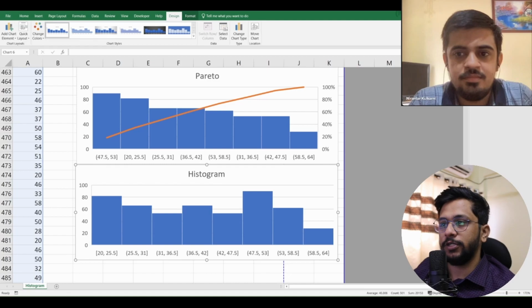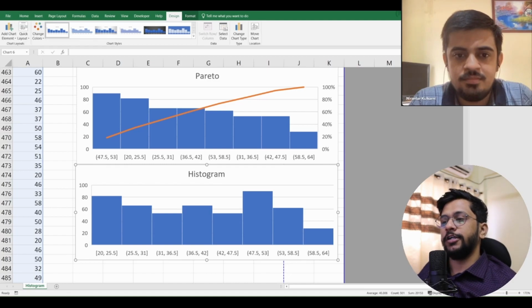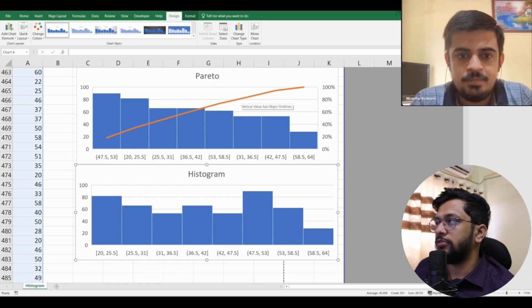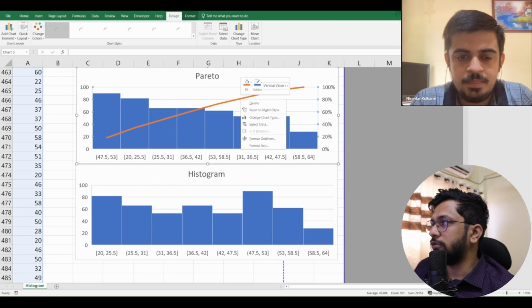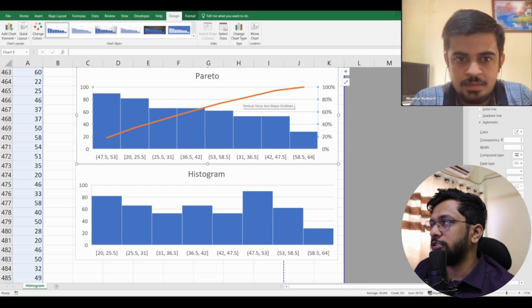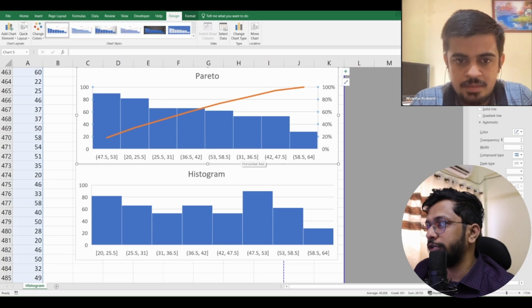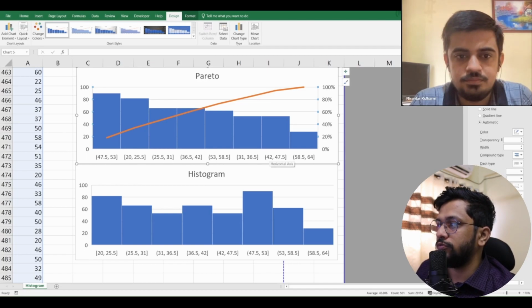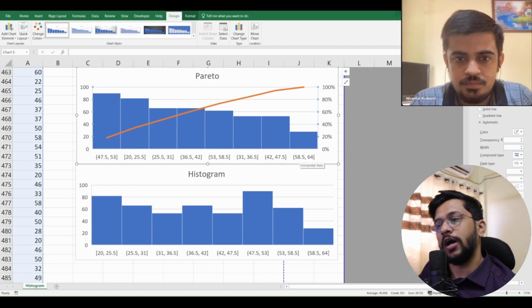Because Pareto tells you where your 80% peak happens. So your 80% peaking is over here, roughly. If I click here, right, delete, and everything is there. So 80% is picking up till 31 to 36.5. So in the 42 to 47.5 and 58 to 64 categories you have fewer people, and an organization will have something like this as a trend,